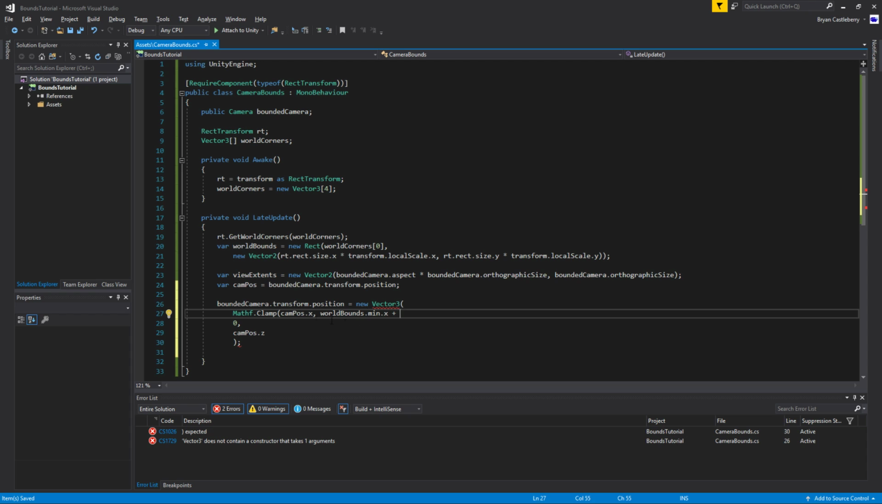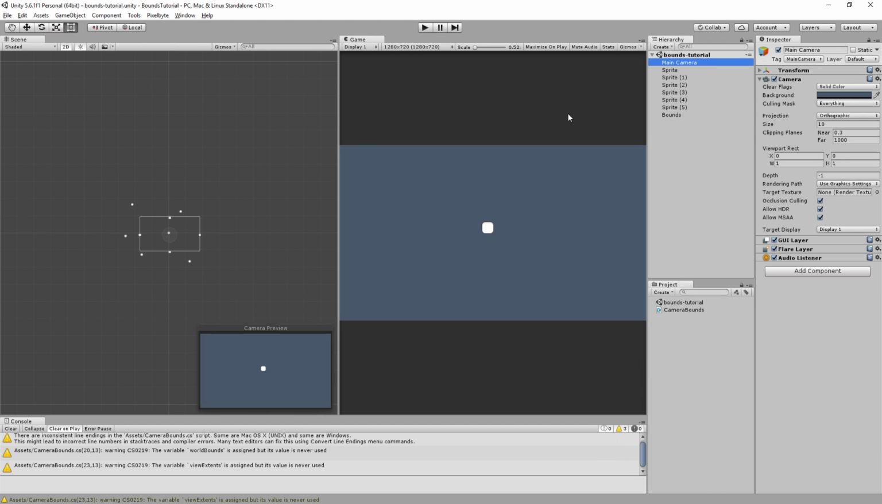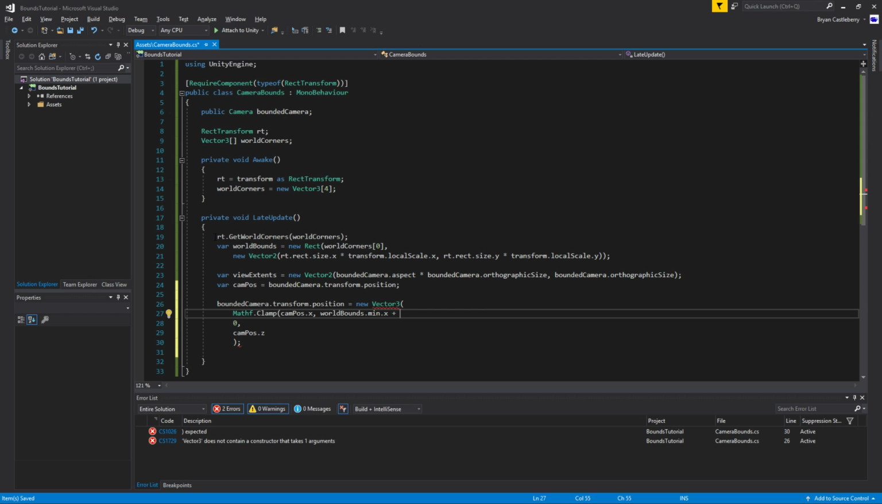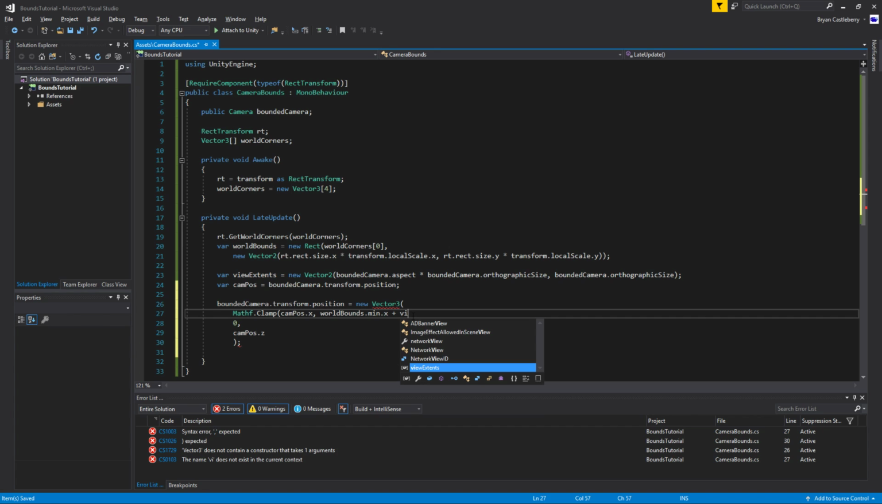Because otherwise, if the camera position is less than the world bounds, then the center of the camera is of course at those coordinates, and if we did that, the center of the camera could go all the way to the line, and then it would stop. But we want these extents to be included in that. That's why we got them. So all we do is say the world bounds plus the view extents dot x, and that's going to get our minimum. That makes sense? Hopefully